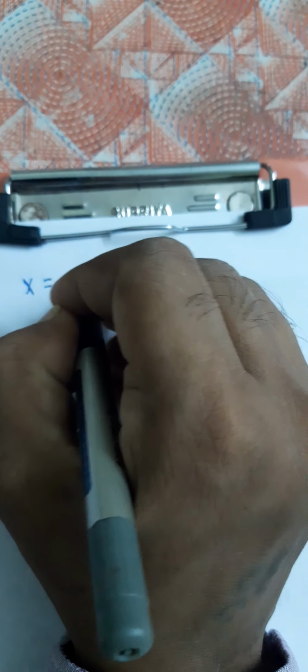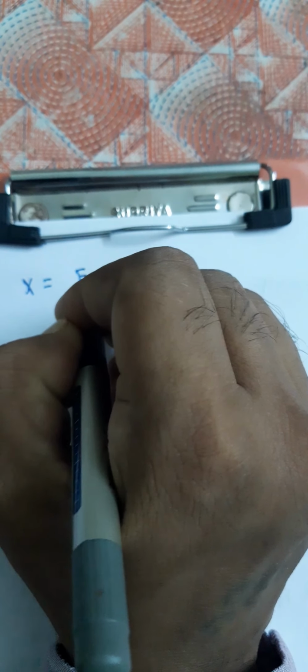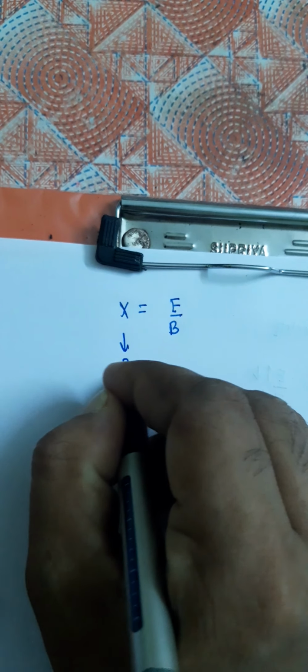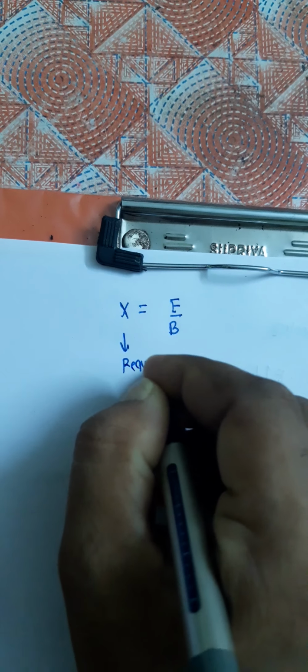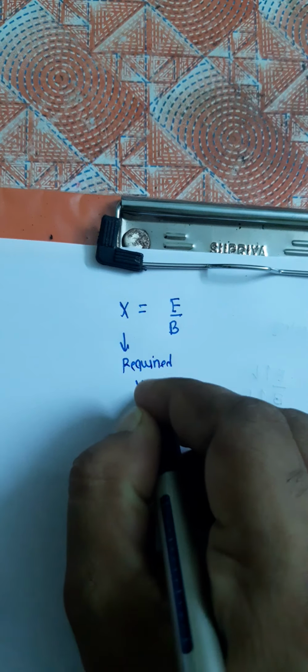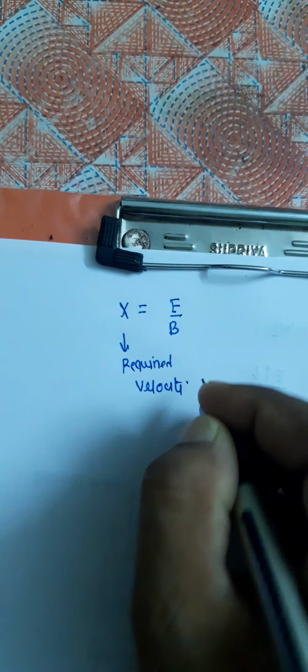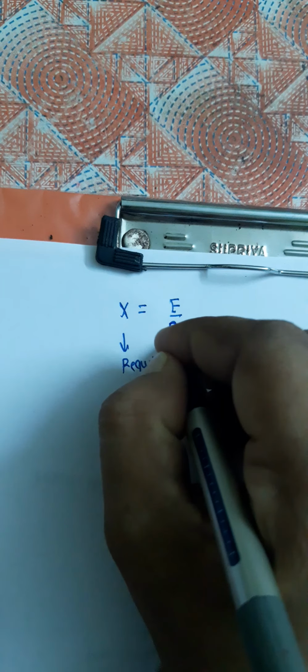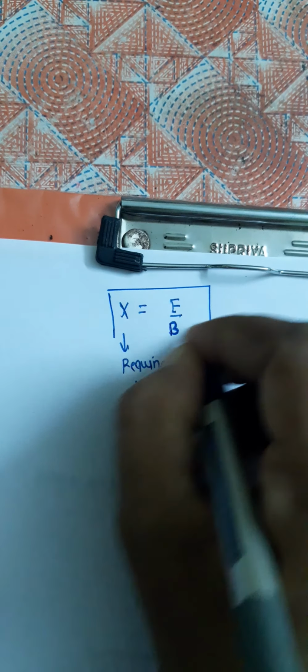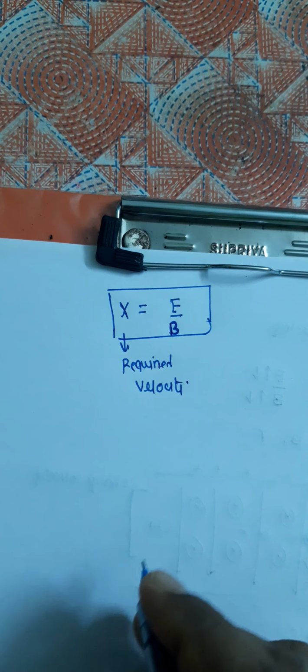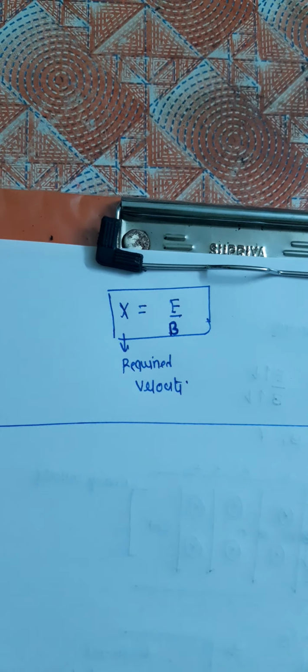In books you may find this expression as x, which is nothing but a speed, x equal to E by B. This is nothing but the suitable velocity we want. This is the velocity which is required for us, the required velocity of the particle, and we can do the sum by changing this quantity, and we'll get the answer. Let us move to the next.